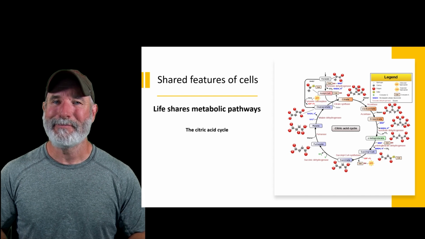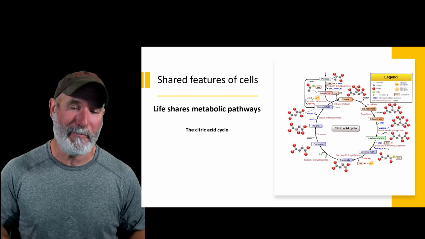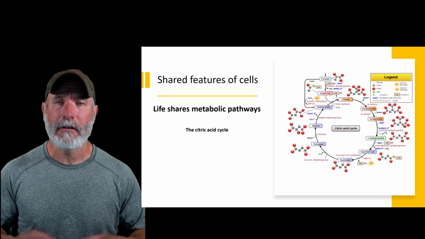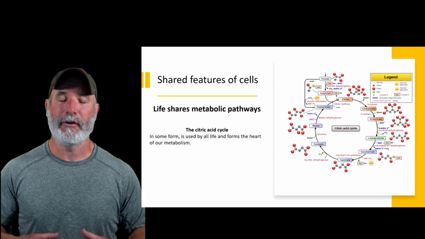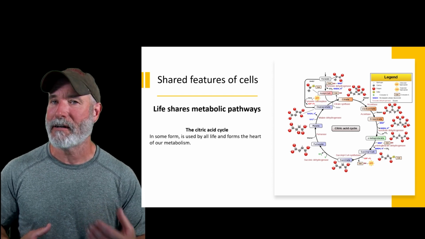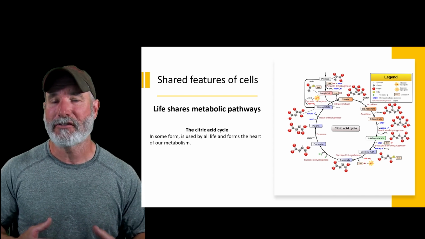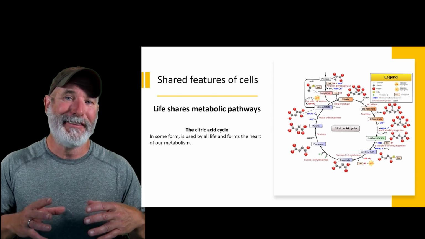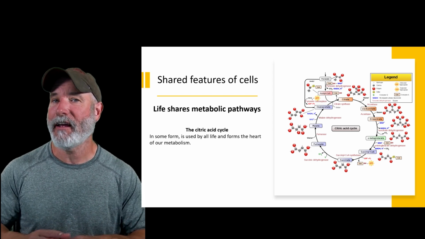All right, it gets better. We share metabolic pathways with bacteria. One of those is the citric acid cycle, also known as the Krebs cycle, named after Hans Krebs. And if you're in a cell and molecular biology class for majors or taking a biochemistry class, at some point you may actually memorize this Krebs cycle. It's got 8 steps or so,